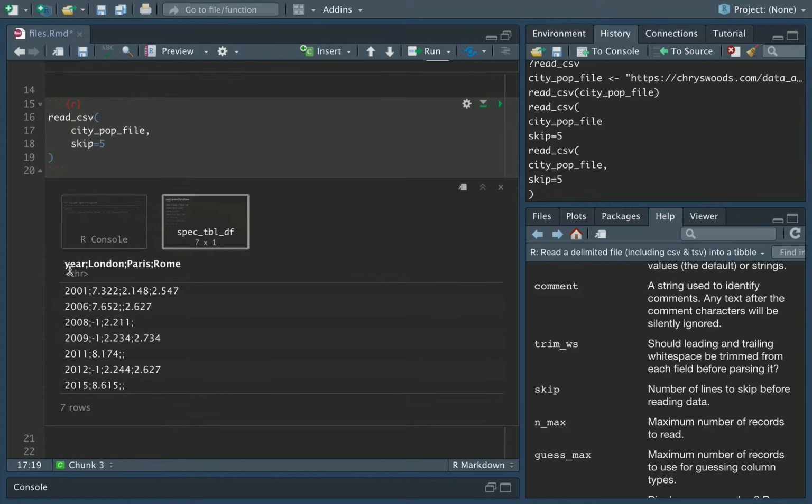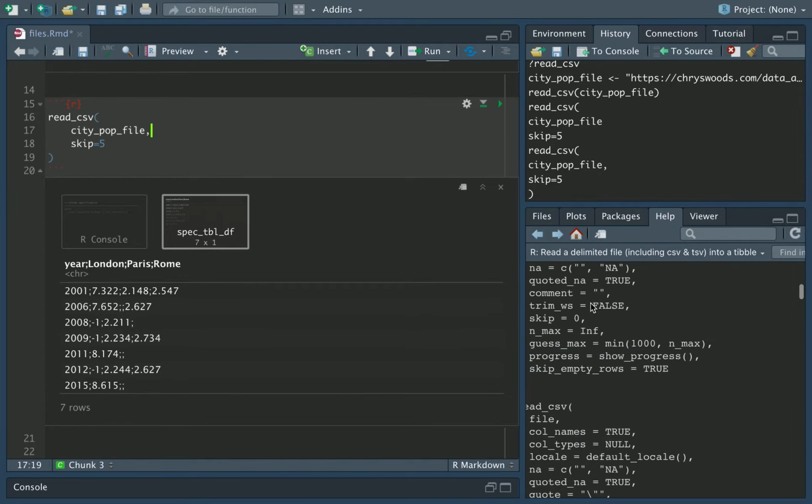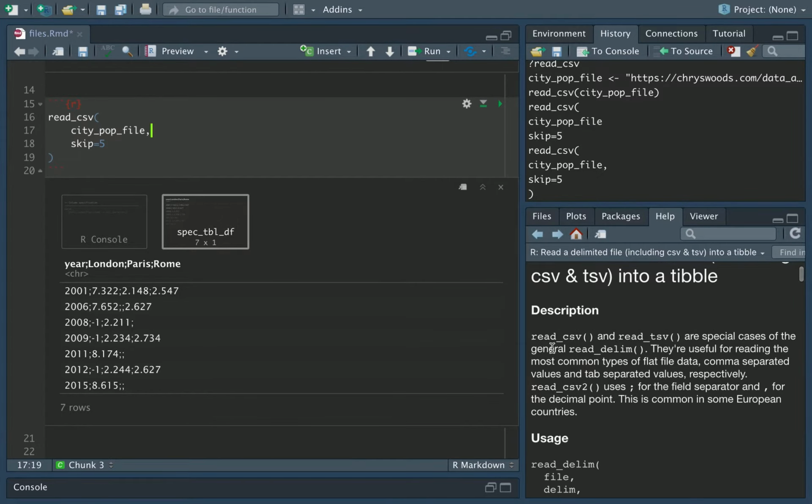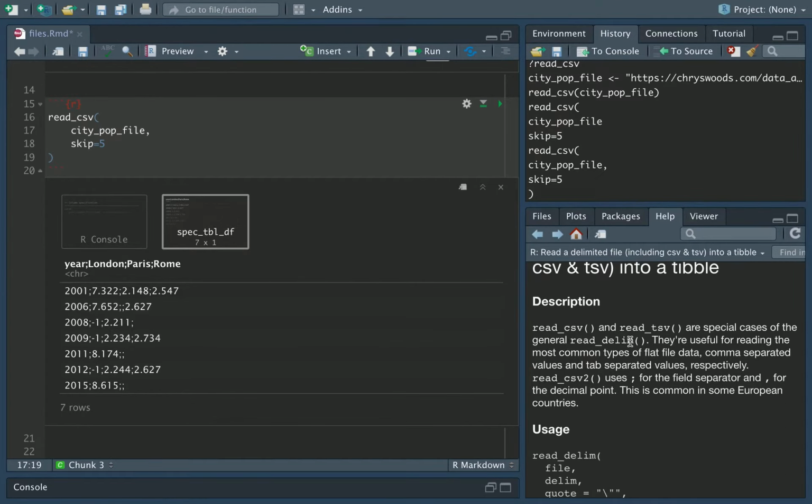So okay, that's done a good job of getting us the column names, and we've lost that initial bit of data. But again, we haven't dealt with the problem that this is a semicolon separated file rather than a comma separated file. Now, one thing you may have noticed when you looked in the help is actually we're talking about reading delimited files, and you can see that we have this thing that's called read_delim. Read_delim is the function we use for any kind of delimiter. So if we change read CSV to read_delim,